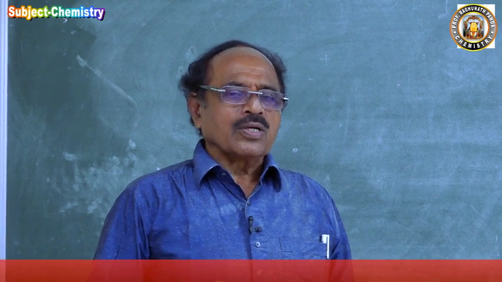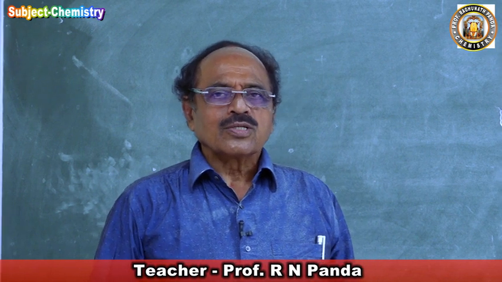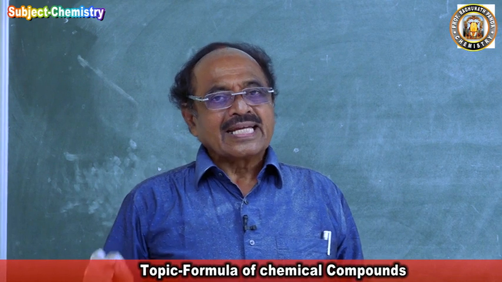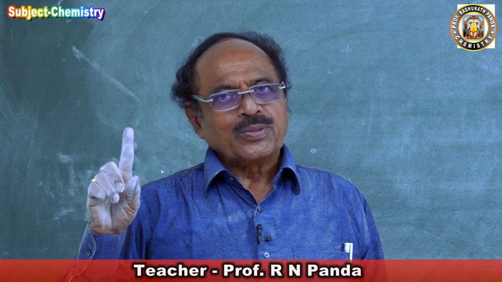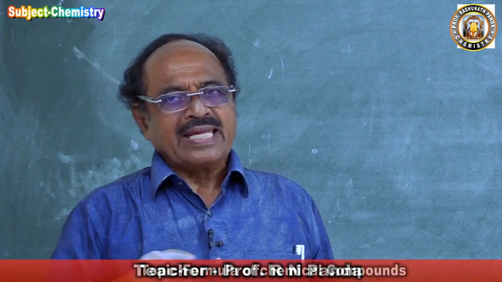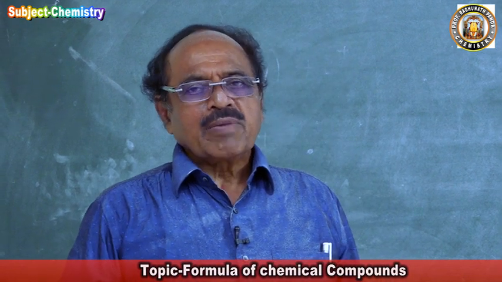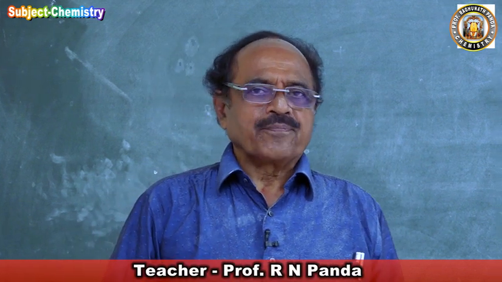So this proton of the acid comes out and combines with a water molecule to form a hydronium ion and a negative radical. That negative radical comes from the acid, hence it is called the acid radical. I told you why it is called acid radical. I will explain: I am taking a compound, putting it in water, and it forms a hydronium ion and a negative ion. This negative ion comes from the acid, hence it is called acid radical.